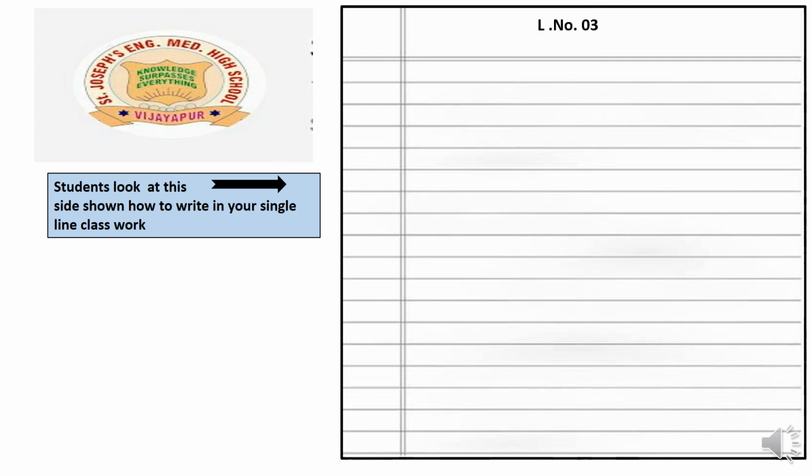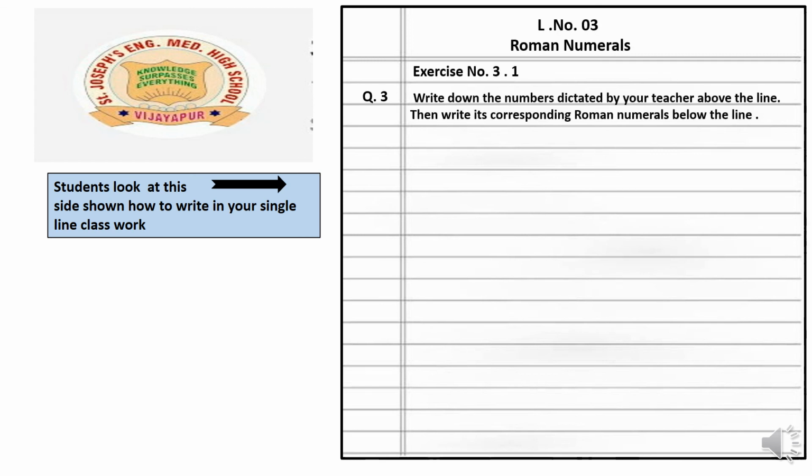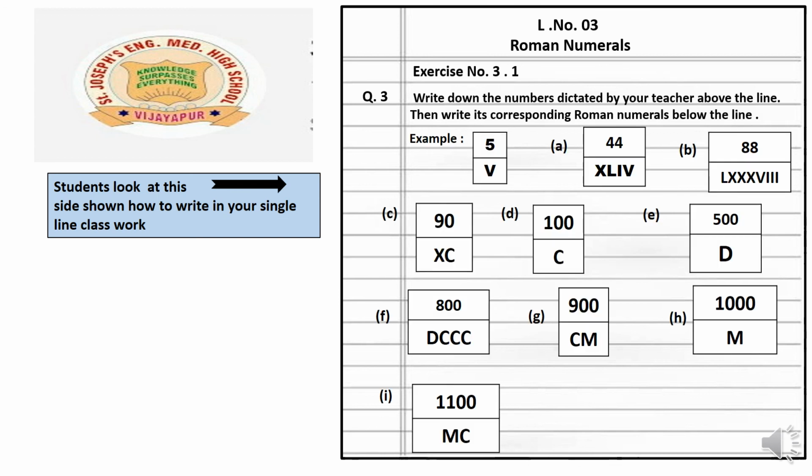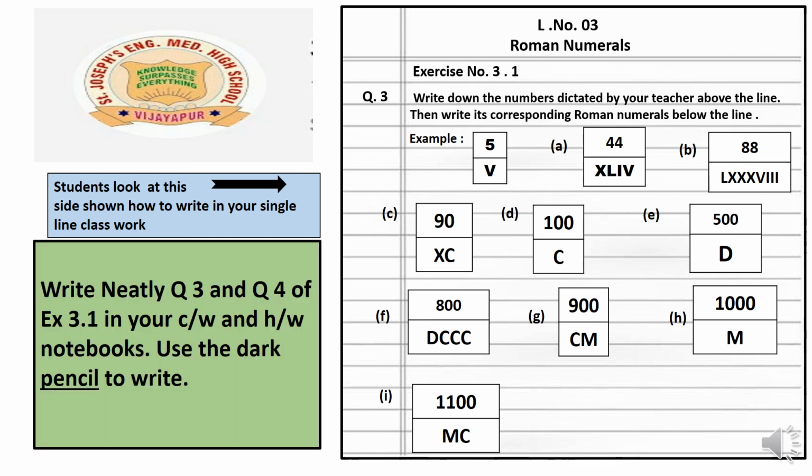So children, what do we have to do today? You have to write in your classwork question number 3. Write the corresponding Roman numerals, then 5, like this. You have to write the questions with answers. Got it? So like this you have to write question number 3. Write down the numbers given in the space below. You have to write both question number 3 and 4 in your classwork. In this video we have completed question number 3 and question number 4. I hope you all have understood once again.